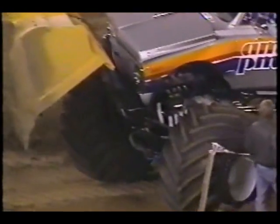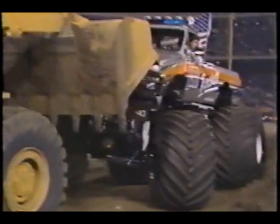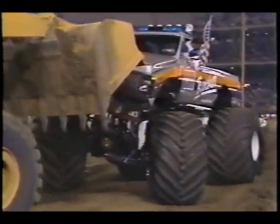There you see Bigfoot in trouble. The smoke coming out, I believe that's out of the transmission area. It could be just fluid coming out of it. Jim Reese makes a slide. He's lined up. Now watch the truck right here. Reese hit the side and look at the front end of it. Does not break a tie rod. It just jerks it around. There goes what's left of the Rocket. It probably looks worse than it is. They can get that back in the shop and fix it real easy, but...